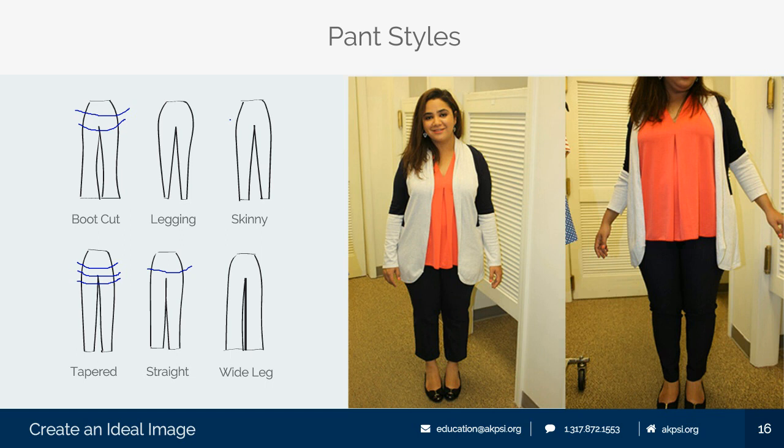Now, if you look on the internet and you see that you are a so-called pear shape, they will almost always tell you to wear a wide leg pant. But I have to disagree with them when you are under a height of 5'4", because your line will always look longer if you do a tapered pant.